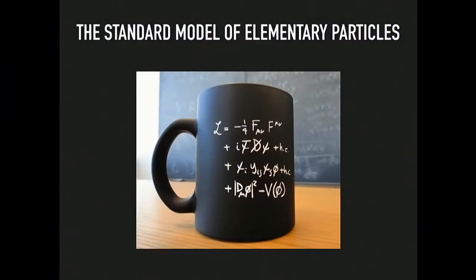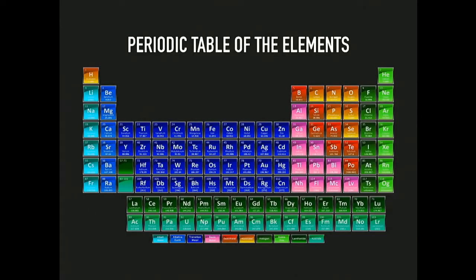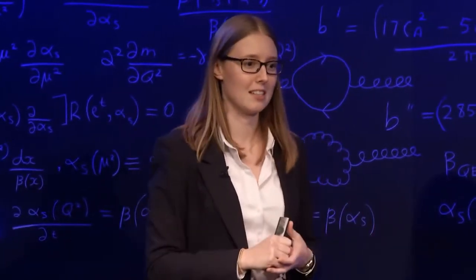The equations that describe the standard model, these 17 fundamental particles and their interactions, are beautifully and wonderfully, alluringly concise. You can fit them on your coffee cup. Yet, to the best of our understanding, this theory describes the strong, electromagnetic and weak interactions at all distance scales. From the internal dynamics of quarks and gluons on the inside of a proton, to the way protons and neutrons come together to form atomic nuclei and the elements in the periodic table, through to the nuclear reactions that happen in the burning of the sun, the conversion of hydrogen to helium that emits light that we see as sunlight here on Earth,